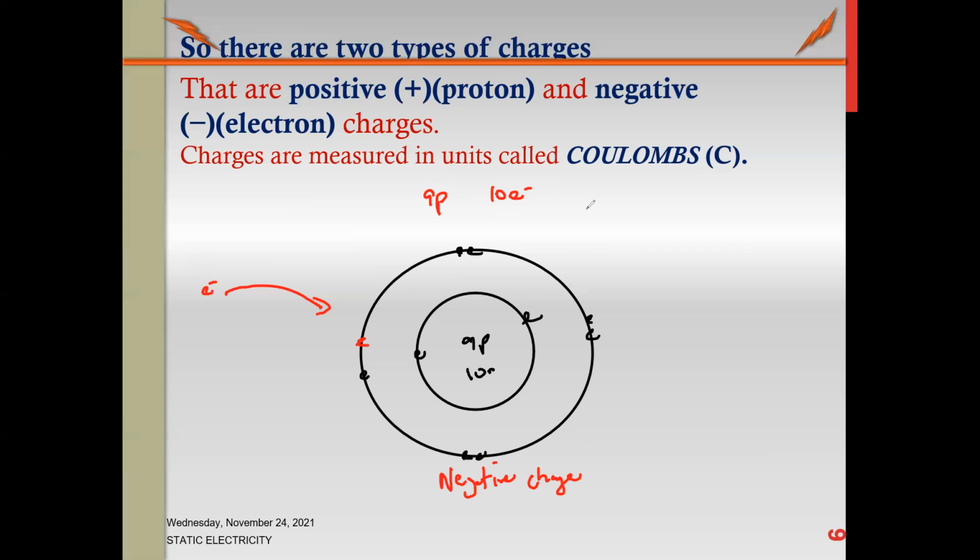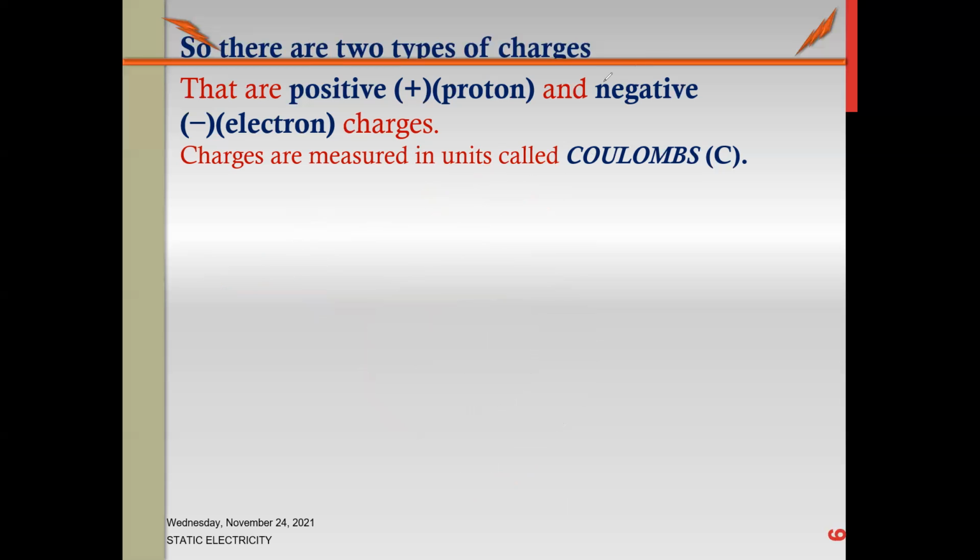So negative charge does not mean only electron. Negative charge also means that the ion has more electrons than protons. There are protons, there are positive charges, but the extra electrons are there, so the net charge is negative. So when it gains an electron, the atom turns into a negative ion. When an atom loses an electron, it turns into a positive ion. So an atom can turn into an ion by loss or gain of electrons.